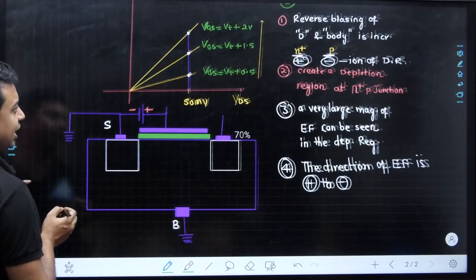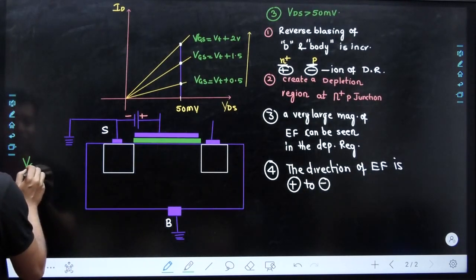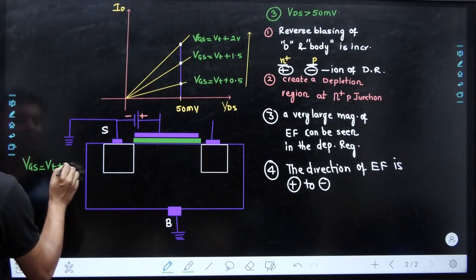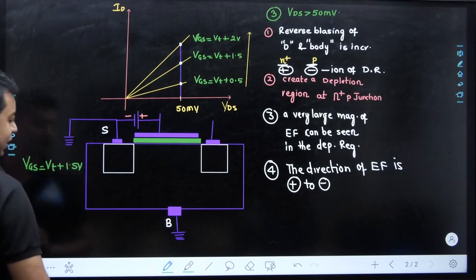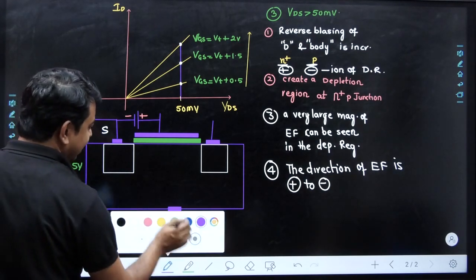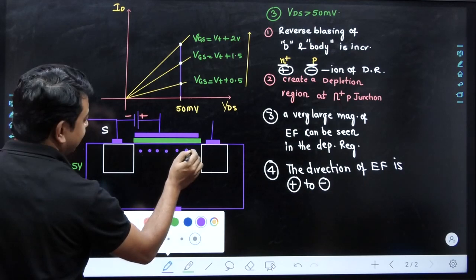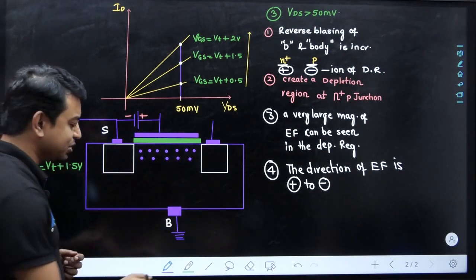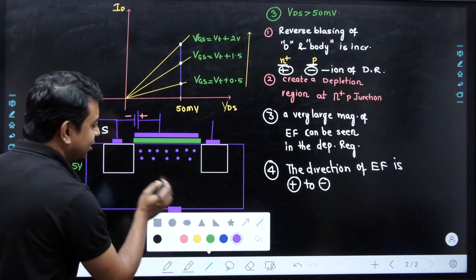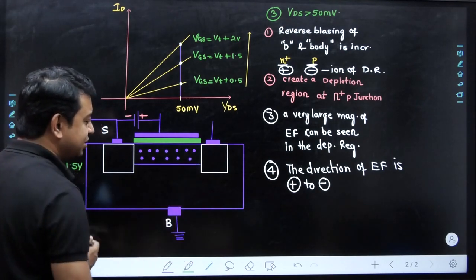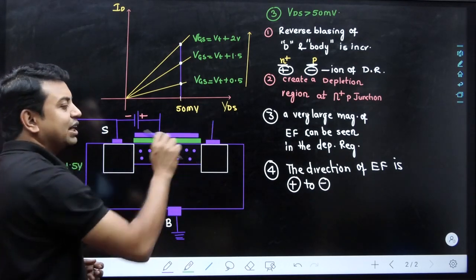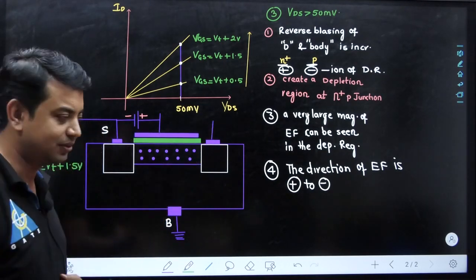For this particular example, I will take that this VGS is equal to the threshold voltage plus, as an example, 1.5 volt. And in that case, initially we know a layer of electrons has been created like this. Why is this layer of electrons of similar width inside this semiconductor from source to drain side? Because we have not connected any potential at the drain terminal.